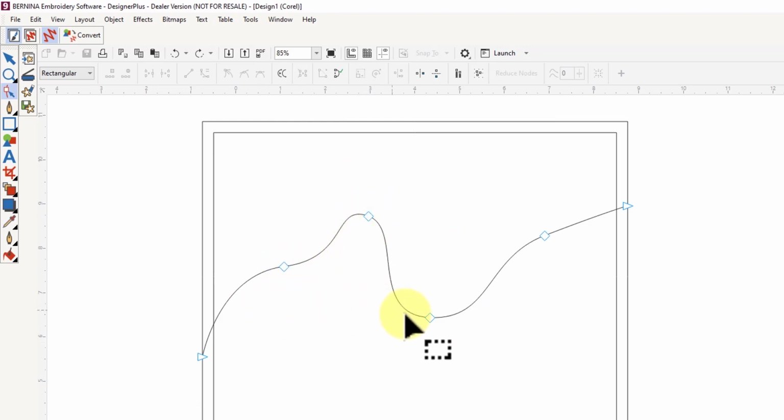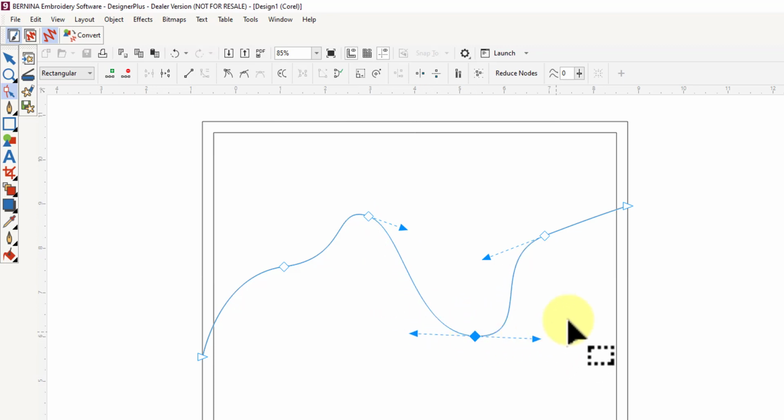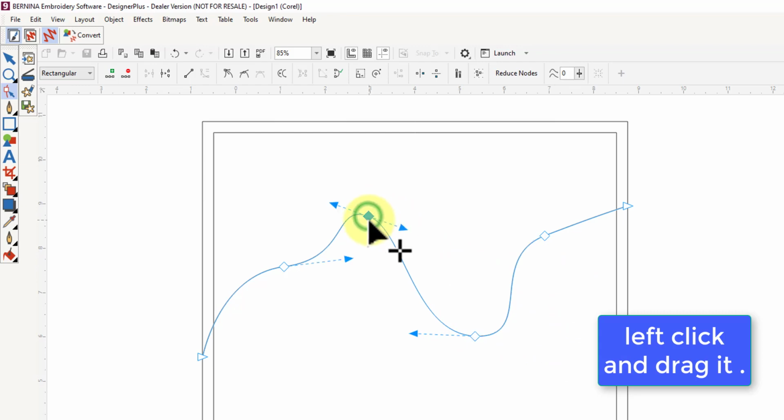Now if you click on any one of those diamonds, that selects that node, and you'll see it fills in with blue, and the arrows which define the shape of the line are there. You will also see that the node before and after's arrows are also showing, because the difference between these two arrows is what defines this curve here, and the difference between this arrow and this arrow defines this curve here. So I'm going to select this one. I'm going to move this one over a bit and down a bit, and then I can move this one over a bit,